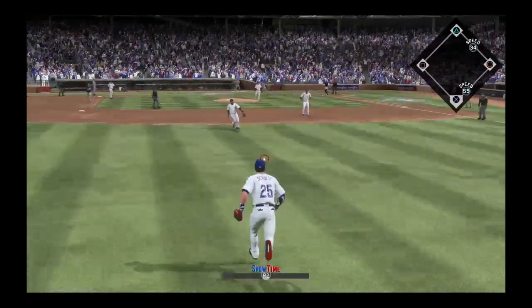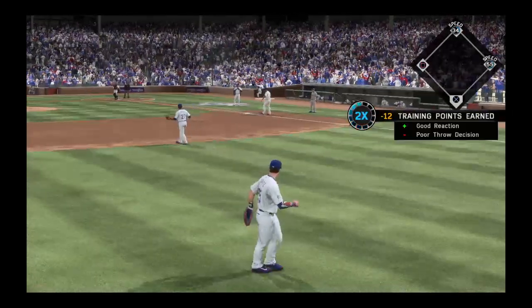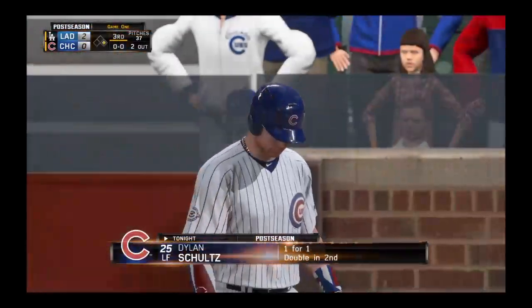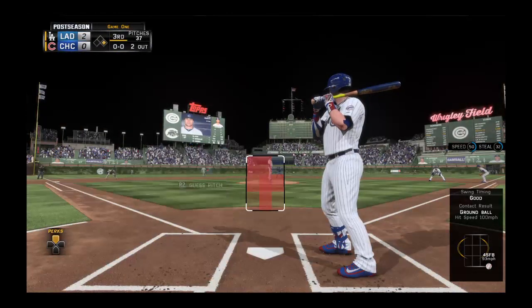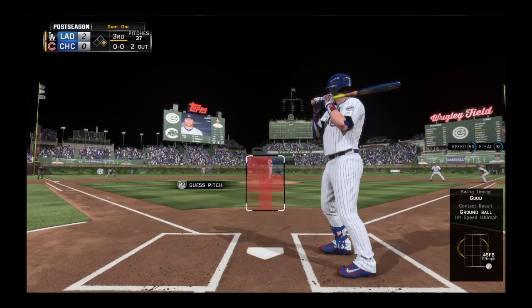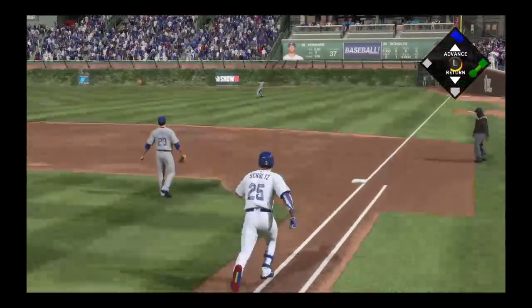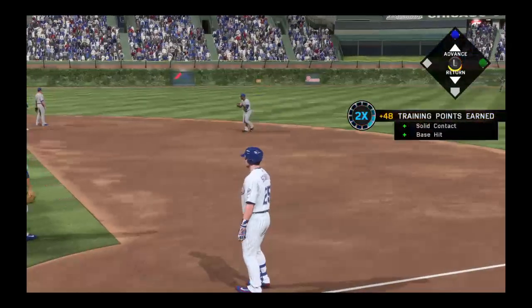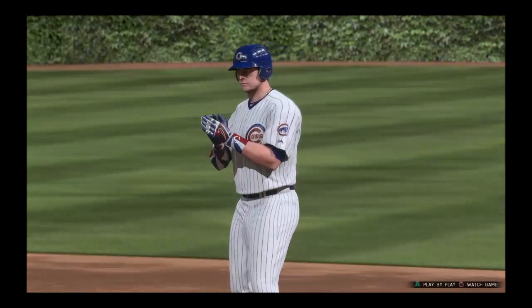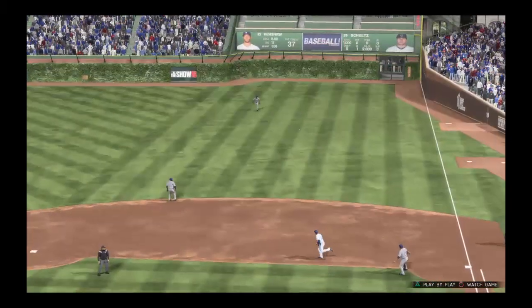Hit sharply on the ground to the left. And just past his outstretched glove into left, a base hit. Stepping in, Dylan Schultz. He'll try to follow up the double in his last at-bat with another big hit right here. And that's been their only hit so far in the game. He pulls this one into right. In there, a base hit. And that runner will go no further than second as there are 2 aboard now. Oh, man, that's just digging that front shoulder down and then whipping that bat through the zone and just hammering it into right field. Those are the kind of balls that if you get a little bit of lift on it, maybe some...